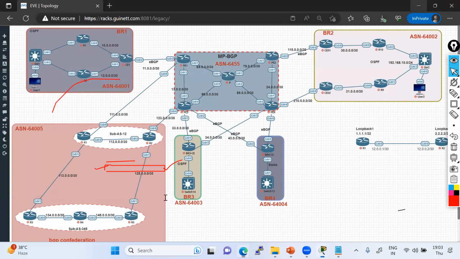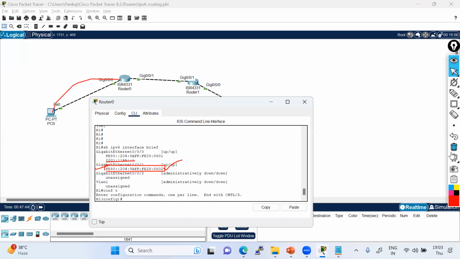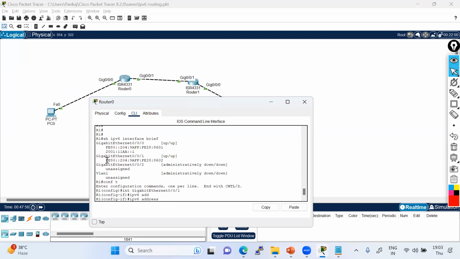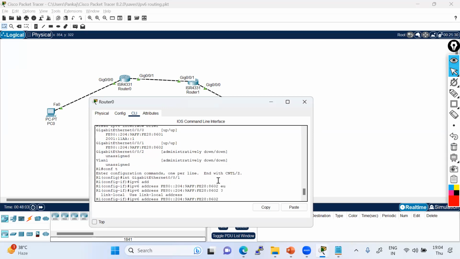So this is always going to act as a link local IP address. If I'm going here and I just want to generate one IP address based on the link local IP address, will it be possible? Let me just go there. So interface here, right? IPv6 address, right? I'll just copy this link local address.